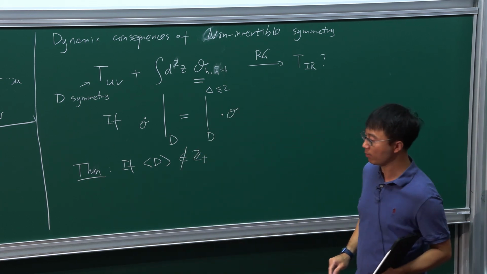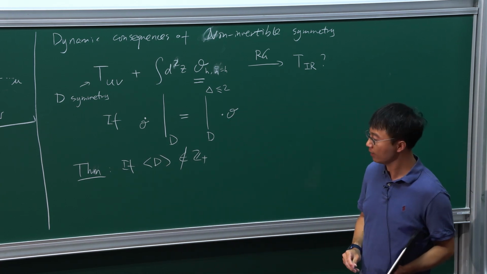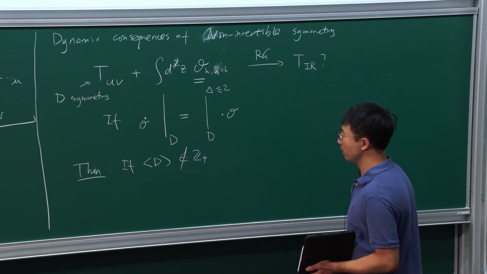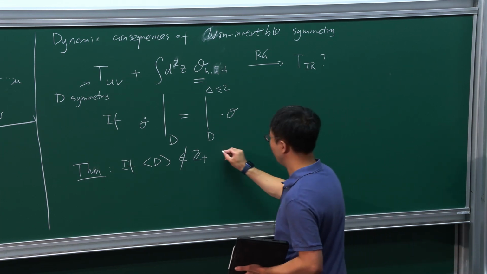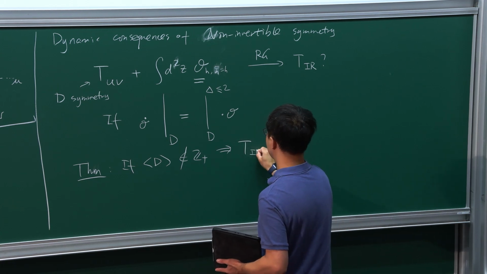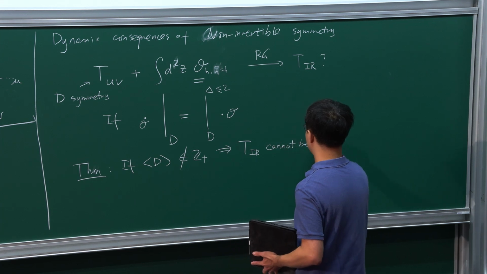So as we explained before, from unitarity, the quantum dimension is always bounded below by 1, but it could be some general number. In the case when the quantum dimension is not a positive integer, you can prove the simple theorem that says that the IR phase of this RG flow cannot be trivially gapped,